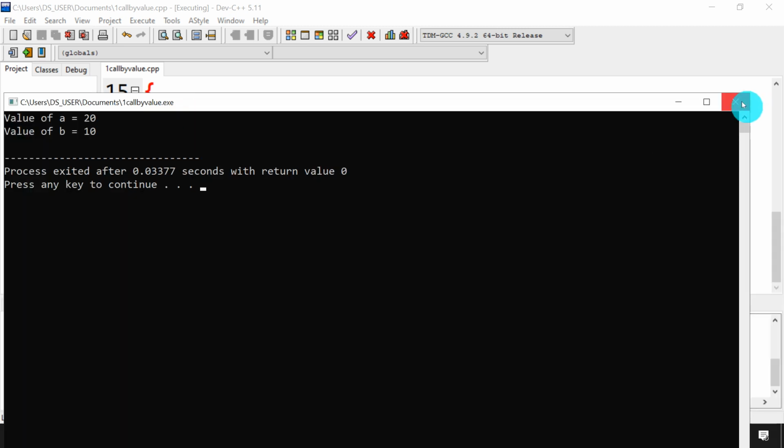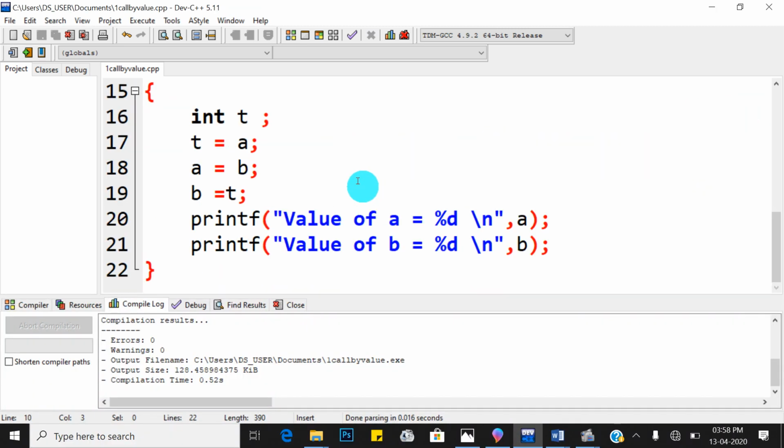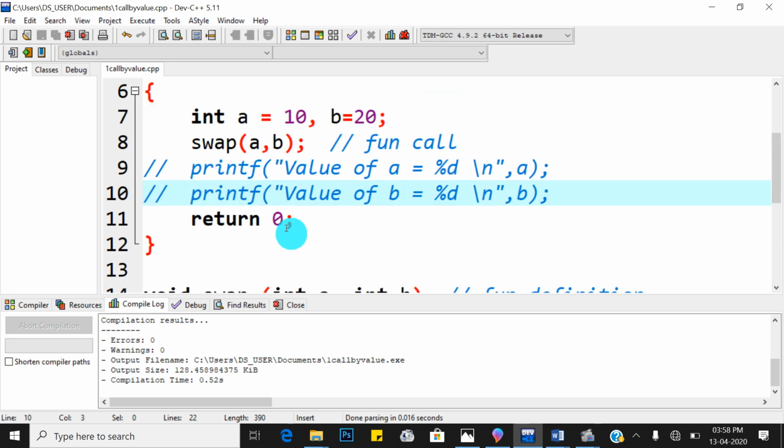That means the values get changed, but within which scope? Swap function scope. When you print the values of a and b inside the swap function, it gives you swapped values, but in the main function that is not reflected. So what is the main key point of passing values to a function by value, that is call